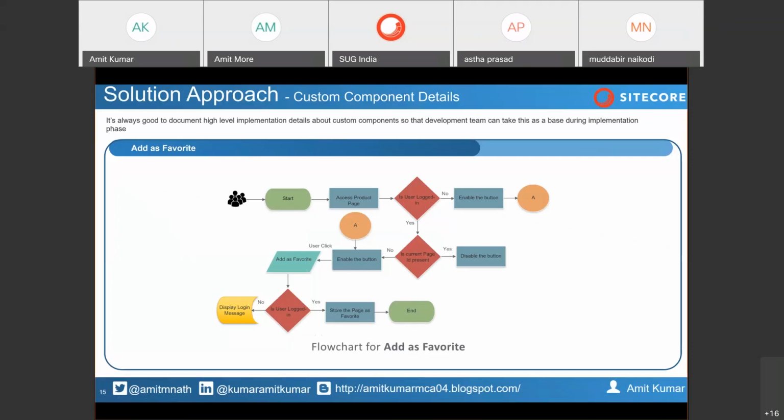This is the data flow you can showcase to your client or business user for easy understanding. If you show a sequence diagram, most business users will not understand. A data flow diagram or flow chart is an easy approach to give them an overview of how you are going to implement it.